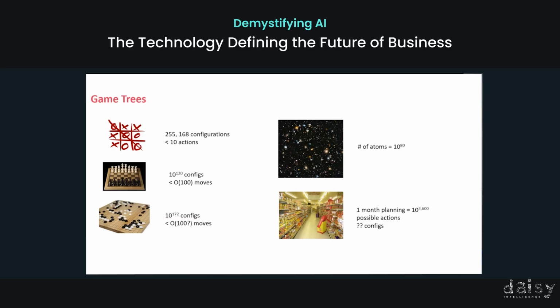can't be done. So if you're looking at retail, for example, if you're doing 1 month of retail planning, let's say you have 50,000 products and you have to choose 2,000 products. 50,000 choose 2,000 is 10 to the power of 3,600. So that's even more complex than the game of Go. So the number of possible states or actions you can take is 10 to the 3,600. That's the combination of choosing 2,000 products to promote out of 50,000. And the number of configurations is even larger than that. So building a Markov decision process is not a possible solution to applying reinforcement learning or control theory.